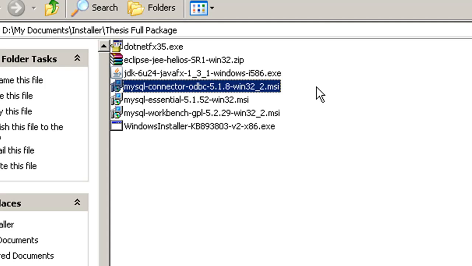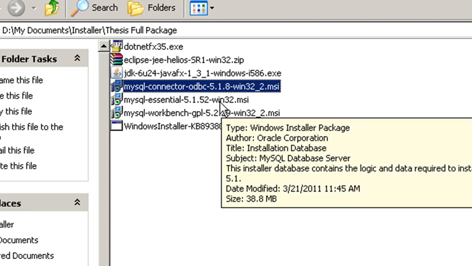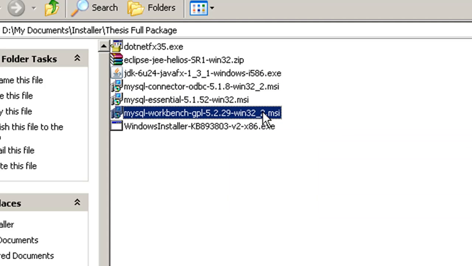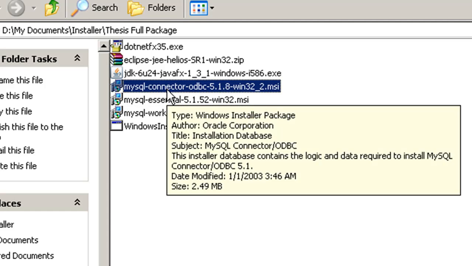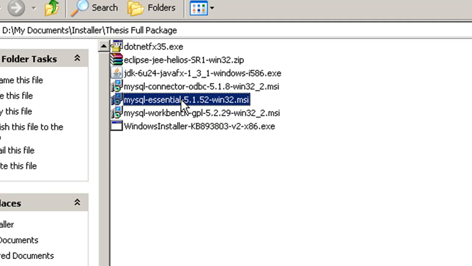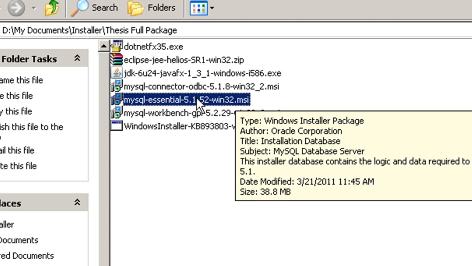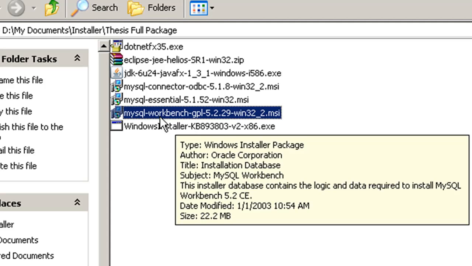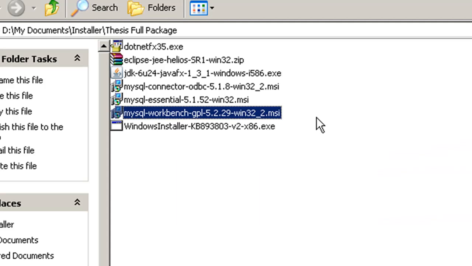This serves as a connector between MySQL and MySQL Workbench. The second one is MySQL Essential, which is MySQL itself, and the third one is MySQL Workbench. This is the MySQL editor, like in Java we have Eclipse.